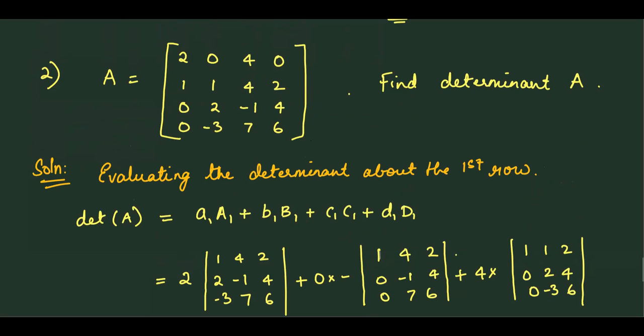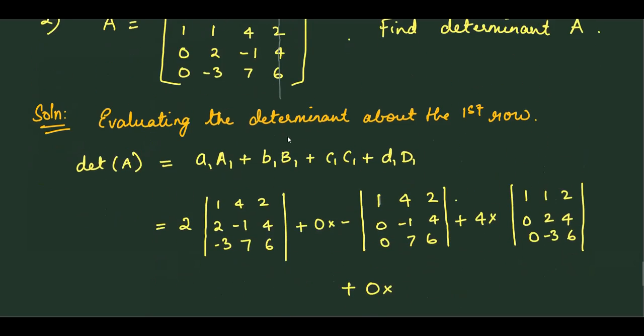So I have to eliminate the first row and the fourth column. So I get the determinant of 1 1 4 0 2 minus 1 0 minus 3 7. Okay,